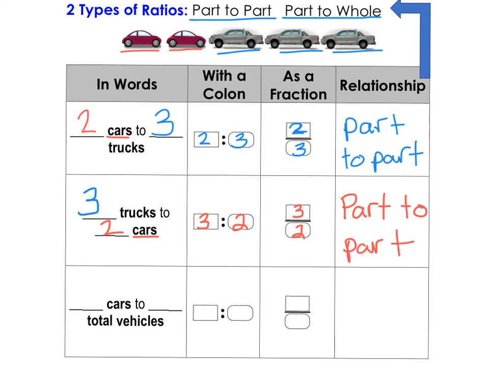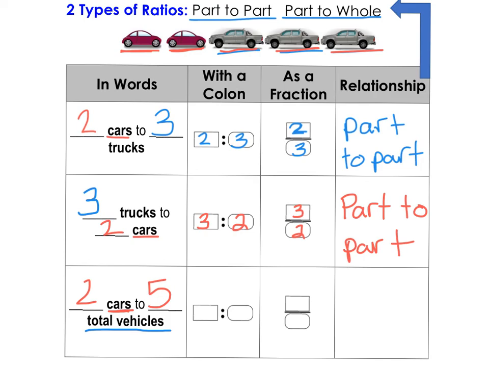All right, now let's look at another situation we could have. Here it says blank cars to blank total vehicles. So this includes both cars and trucks. So we already know from above we have 2 cars to blank total vehicles. Now that would be all the vehicles that we have. So a car is a vehicle, so that'd be 1. And trucks are also vehicles, so that'd be 3. So 2, 3, 4, and 5. So here, 2 cars to